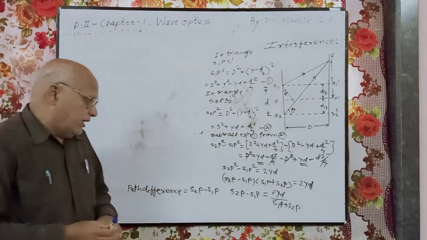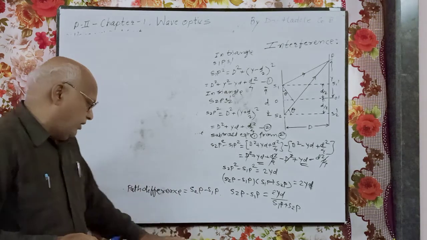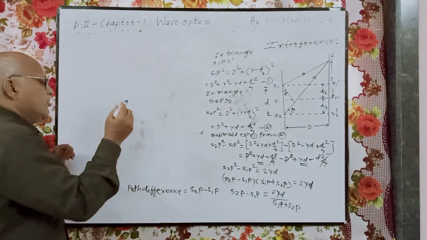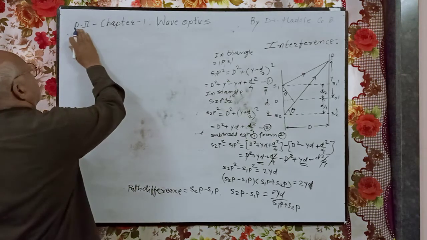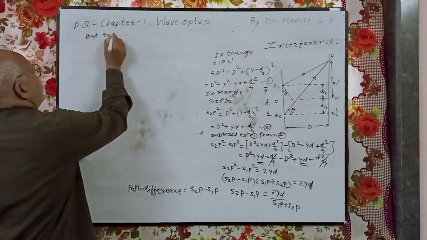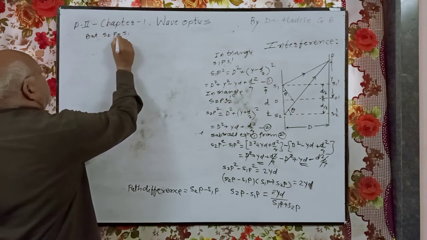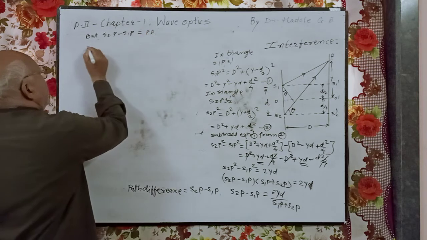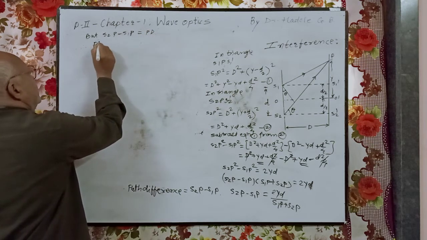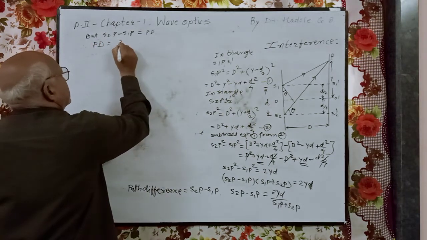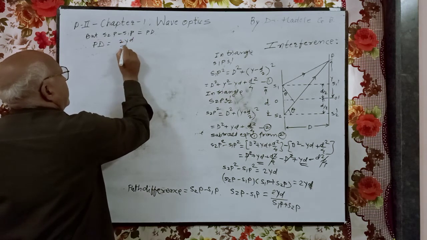But what is S2P minus S1P? It is a path difference. S2P minus S1P is equal to the path difference. And therefore we got path difference equal to twice YD upon